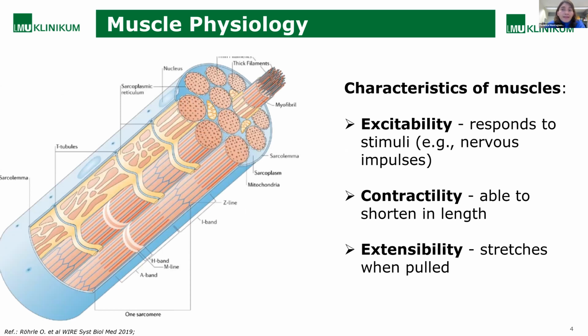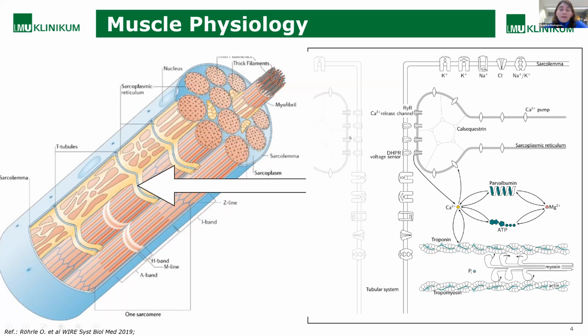So if we come back to the main characteristics of skeletal muscle, the muscular tissue has three main characteristics, which are excitability, so basically the ability to respond to stimuli, for example, electrical stimuli as in nerve impulses, contractility, so the ability to shorten in length and then relax, and then extensibility, so the ability to stretch when pulled. In particular, alteration of these first two mechanisms, excitability and contractility, are responsible for most of the muscle hyperexcitability symptoms and syndromes. Therefore, we will quickly see the excitation contraction coupling, where we know that the